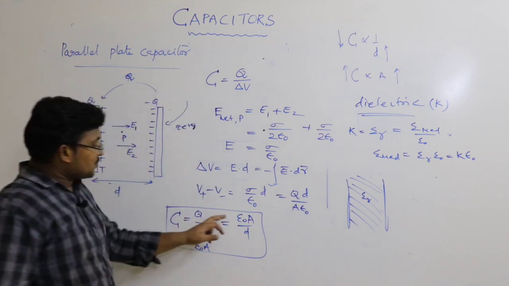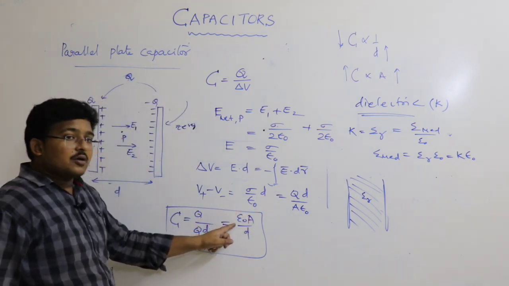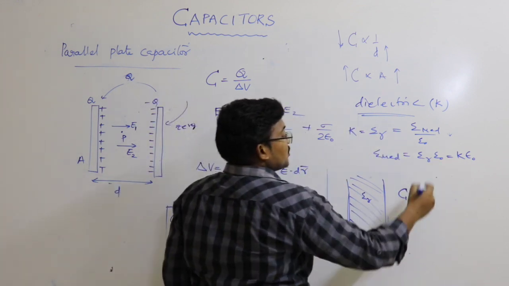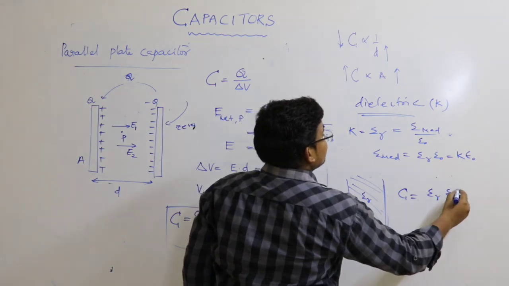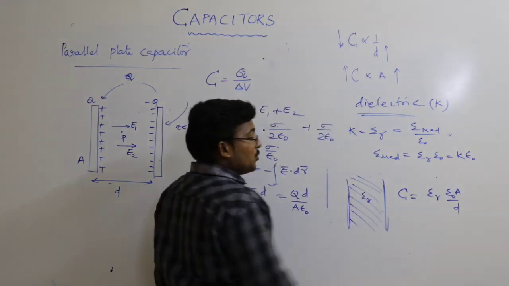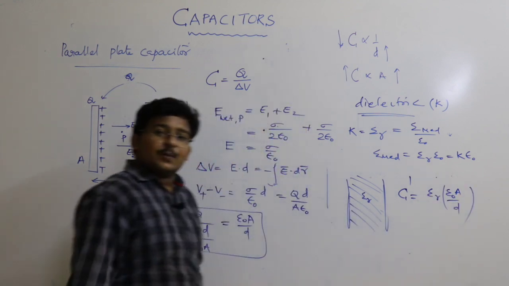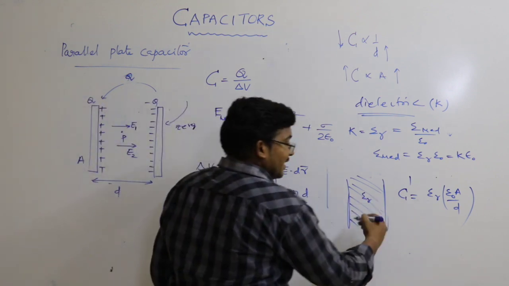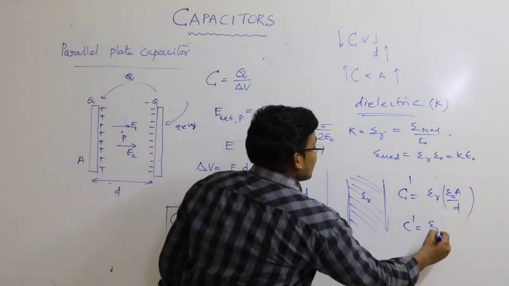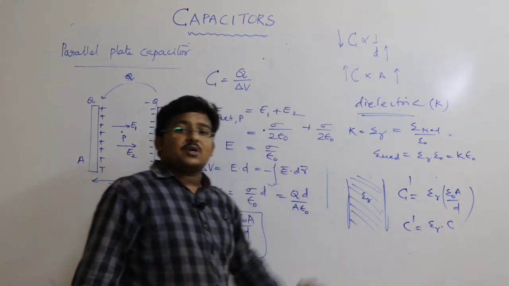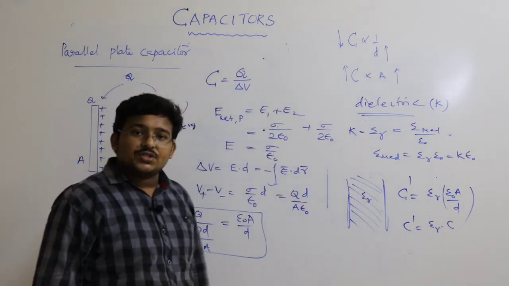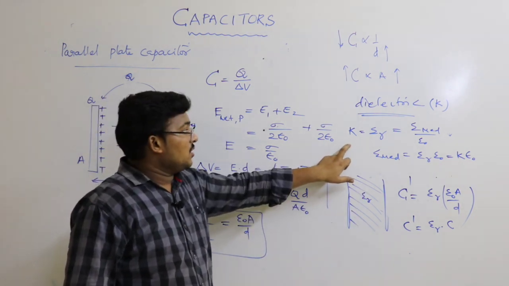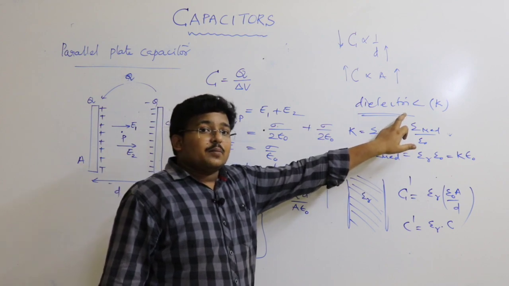You know that the capacitance is epsilon naught A by d. In place of epsilon naught, I can keep epsilon r into epsilon naught, so C dash is epsilon r into epsilon naught A by d. This is the old capacitance when empty space was there. Now in the dielectric, C dash becomes epsilon r times the original C, where epsilon r is the dielectric constant of the material medium. Dielectric constant is defined as the ratio of the permittivity of the medium